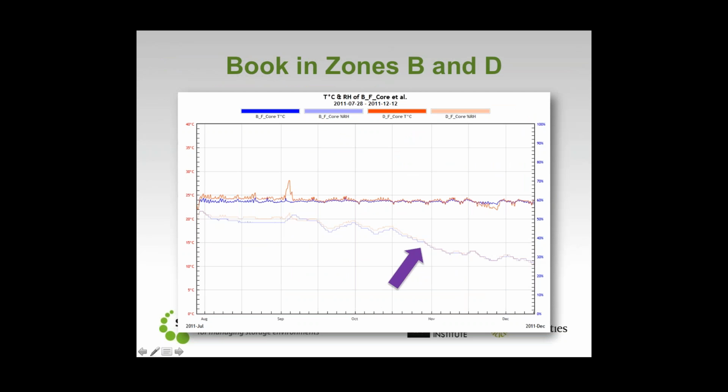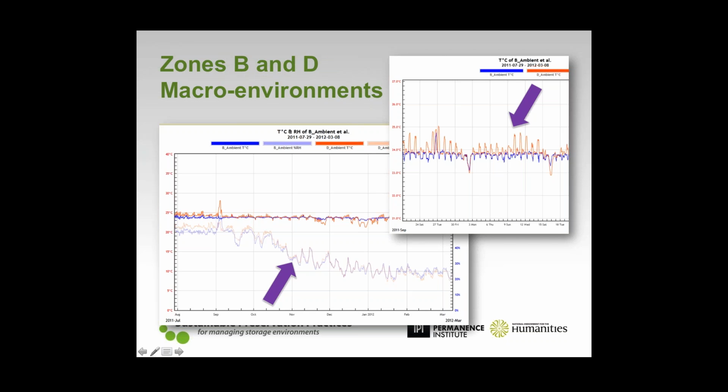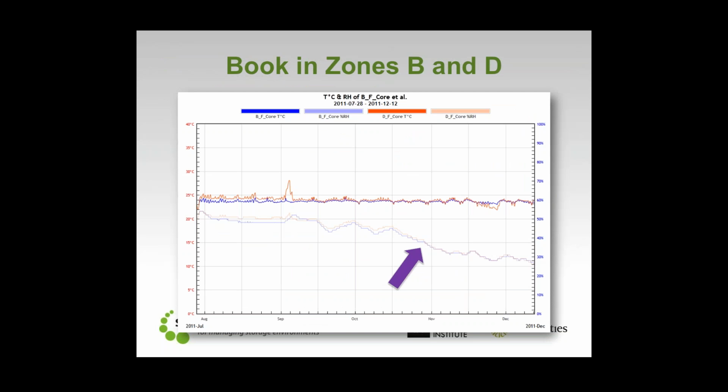But notice, and I'm going to go back, bear with me one moment, I want you to see the fluctuation in RH just on a daily and sometimes even less than daily level. But see how much, as that RH is dropping over the course of the season, you see the fluctuation that we're dealing with and how much it might go up or down based typically on moisture contents outdoors. This would model probably very closely, if we looked at dew point, it would model very closely what was happening outside in Rochester. But if we look at those relative humidities inside of the book, notice now that they're much